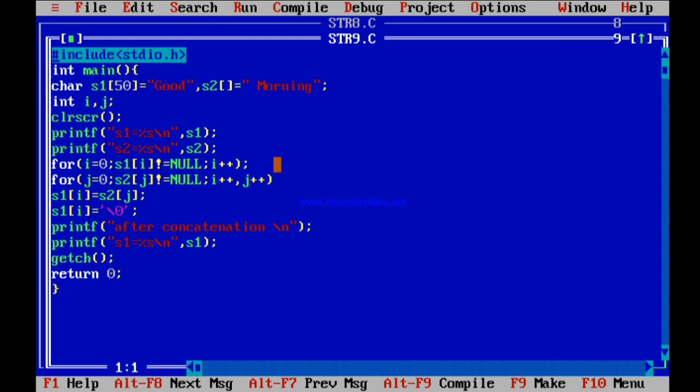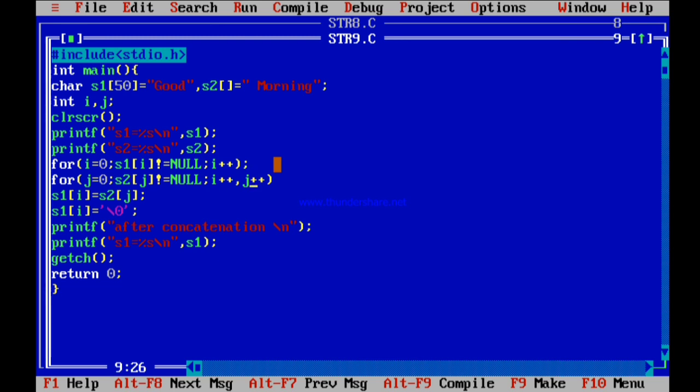For that, you have to use loops manually. You have to append the characters. See here, friends, I have taken S1 as "good" and S2 as "morning" as usual, and I have taken 2 variables i and j. For your reference I have just printed the first 2 strings, that is, good and morning. What I have done here is I have used a for loop from i equals 0, s1 of i not equal to null, i plus plus. I just moved my i value to the end of the first string. You can see by the end of the for loop you are having a semicolon here. That means i is traversed to the last index value.